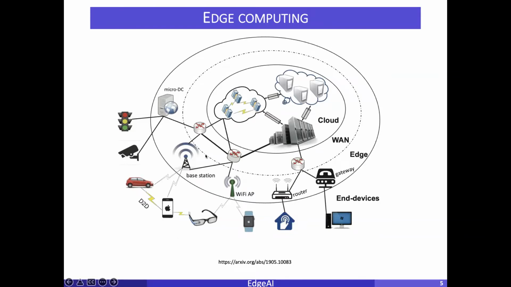And if you see this one, we have a cloud, and then we have an edge consisting of devices, and now we have end devices that are connected to the edge, right? Any processing capability on the devices, we call it fog. That's the terminology, but it is a tiered, multi-tiered architecture, where we have the cloud at the core, and then the edge at the edge of the network. So this is how edge computing looks.